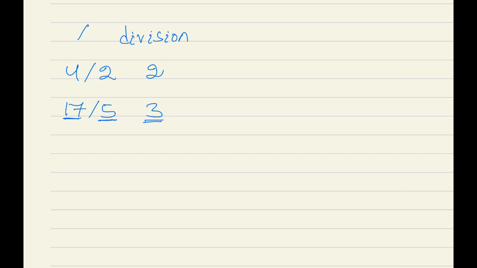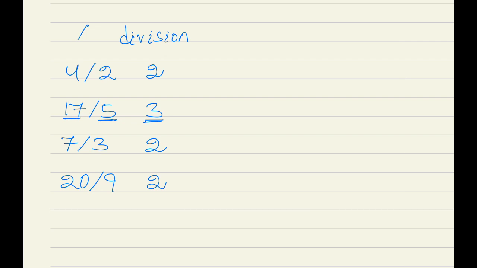Similarly, 7 division 3 results in 2, and 20 division 9 results in 2. So the fractional part is discarded when both the operands are integers.